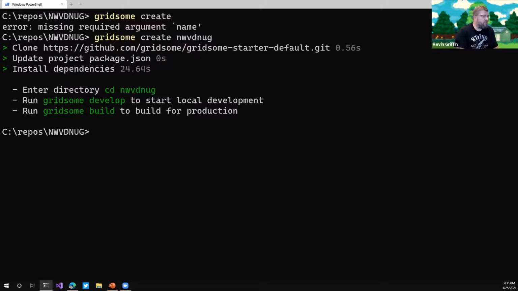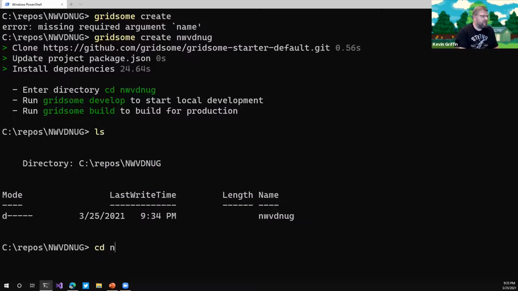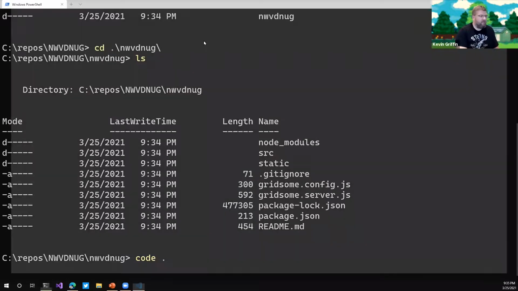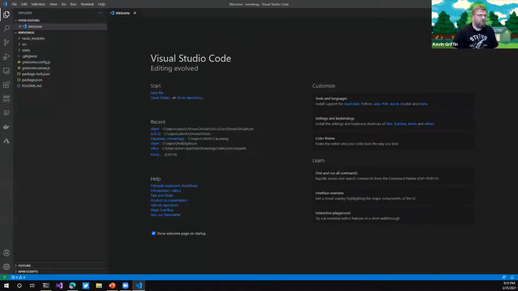Now, you don't need to know anything about Gridsome. Let's go into our folder, and I'm just going to run this. So Gridsome, I'll do two things. I'll open it in VS Code, and then I'm going to run the local site. So